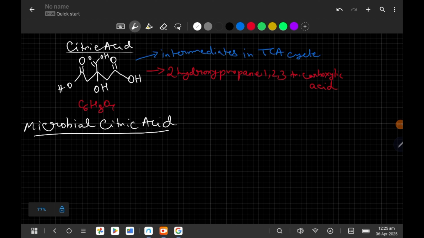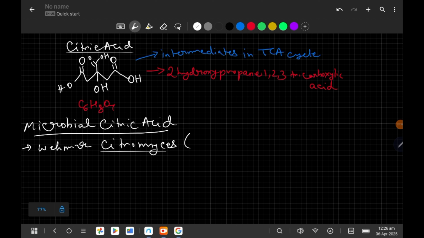Previously, people thought about how we can manufacture citric acid using microbial means, because that would enable greater production of citric acid. The first among them was Wehmer. He showed that a particular microorganism, which was called Citromyces at that time,